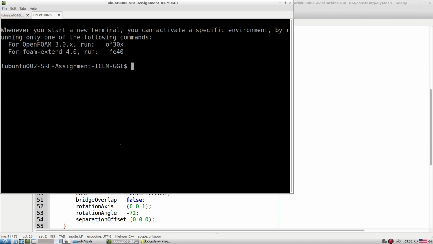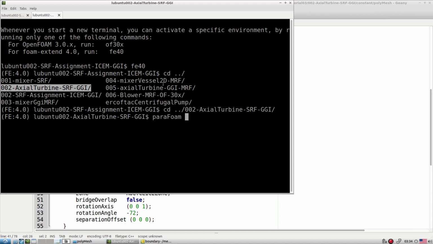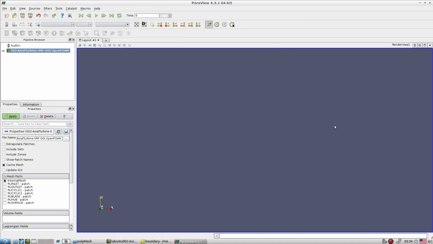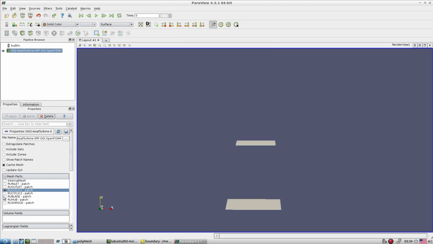Okay, so FE40, we want to look at what is here. So paraFoam. Okay, and this is our cyclic patch here, cyclic 1, okay, and cyclic 2.